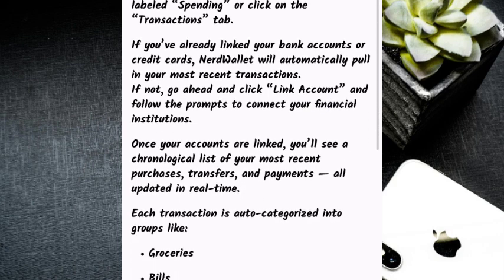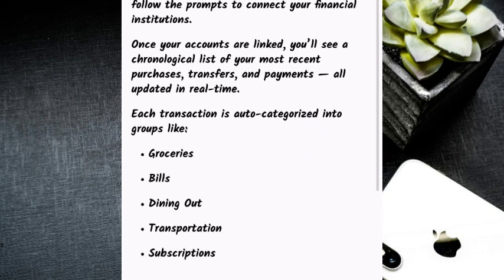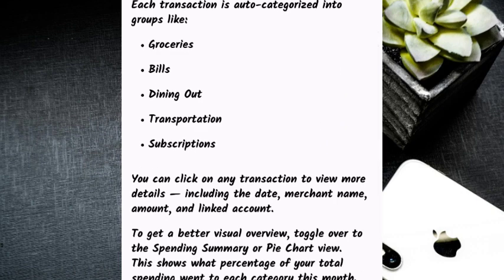Once your accounts are linked, you're going to see a chronological list of your most recent purchases, transfers, and payments, all updated in real time. Each transaction is auto-categorized into groups like groceries, bills, dining out, transportation, subscriptions. You can click on any transaction to view more details, including the dates, merchant's name, amount, and of course the